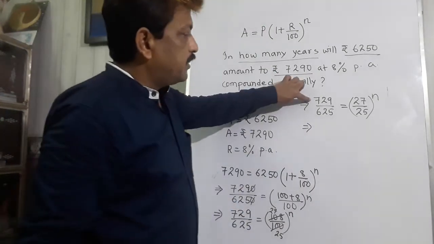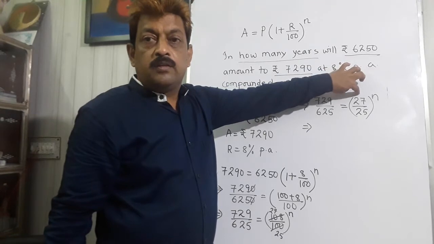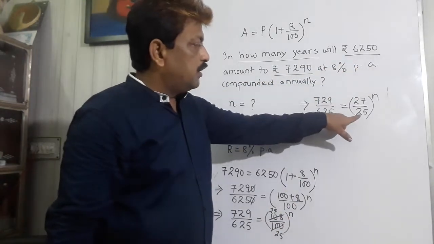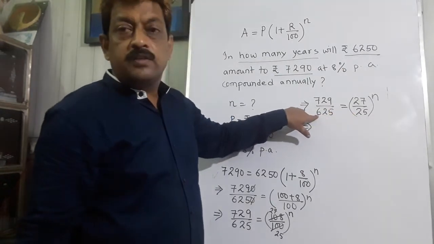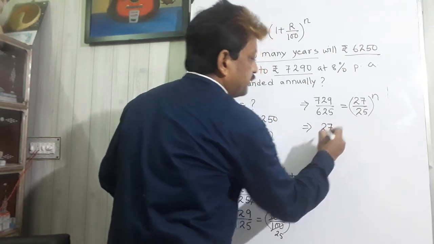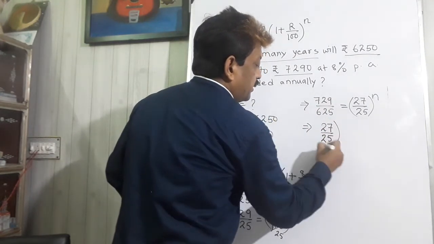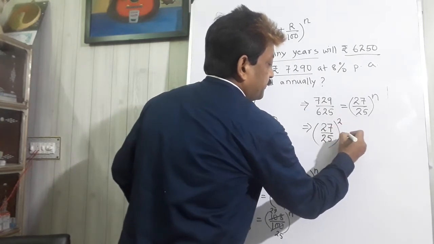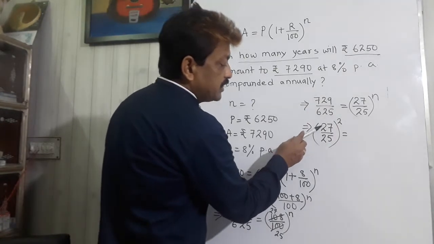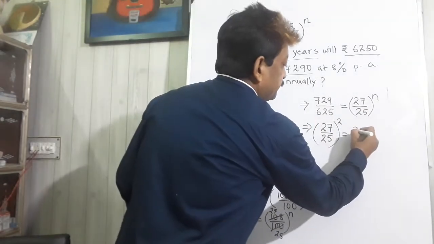Now 729 can be written as the square of 27 because 27 squared is 729. Similarly 25 squared is 625. So 729 can be written as 27 squared and 625 is also written in the form of 25 squared. So both are written in this form. 729 by 625 is equal to 27 upon 25 squared. Similarly this side,